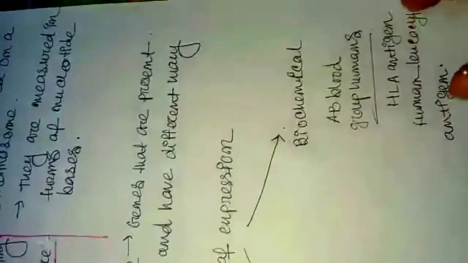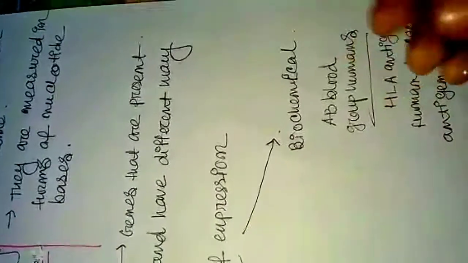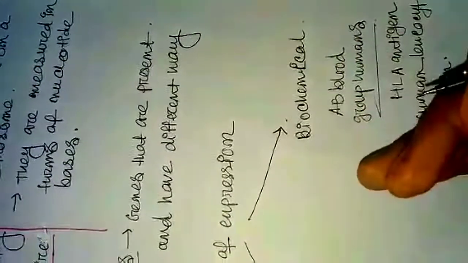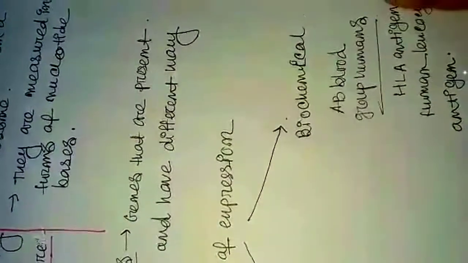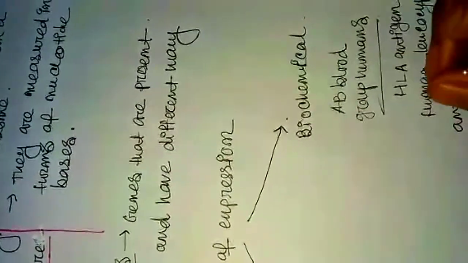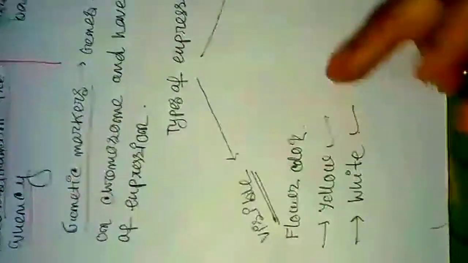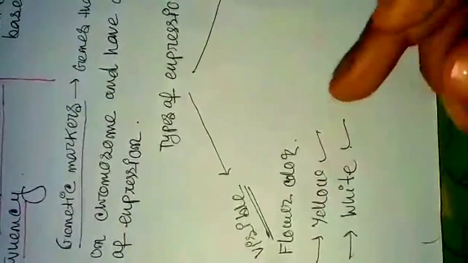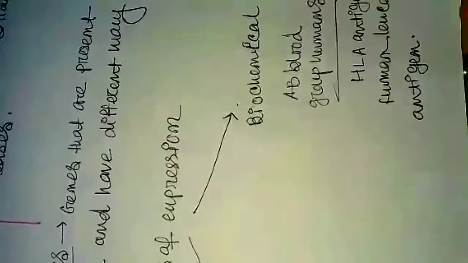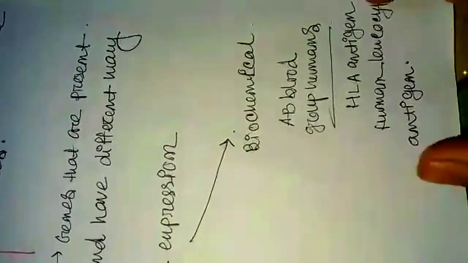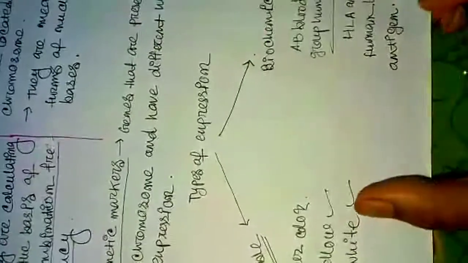Okay, so we cannot tell directly by seeing a blood sample whether it is from A group of blood or whether it is from B group of blood. We have to examine it or test them biochemically. So remember the concept of the visible markers. By looking at them we can directly say whether the genetic marker is present or absent. But here we have to test for the detection of the genetic markers by some biochemical methods. So these are the two different types of expression of the genetic markers.